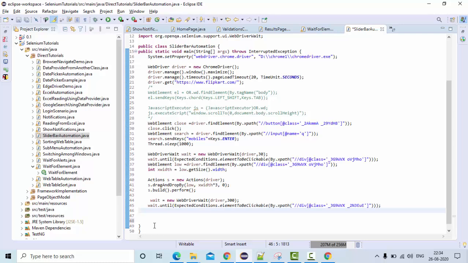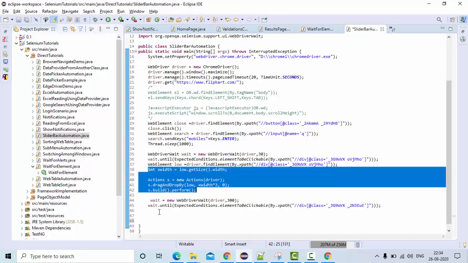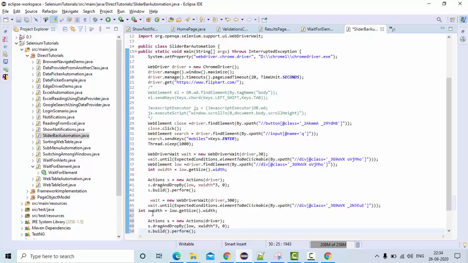Okay, so again get the width. Let me use the similar function. Let me use this entire code here. Let me use width as, let's give something like u width, that is upper width.